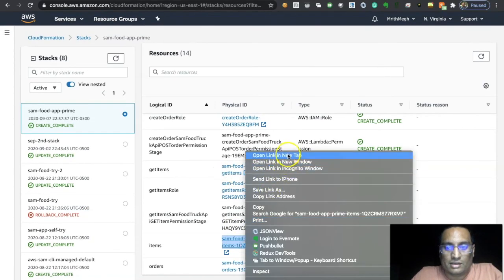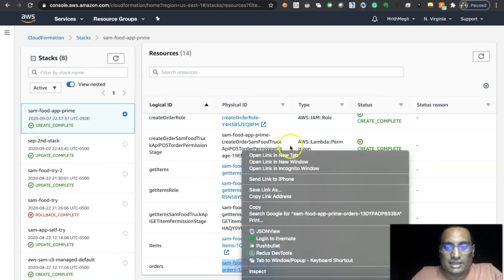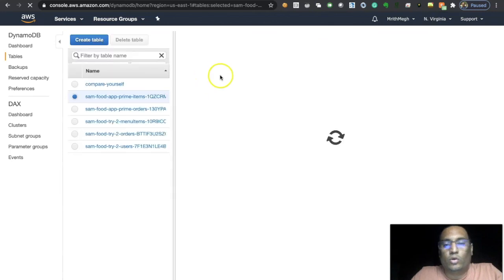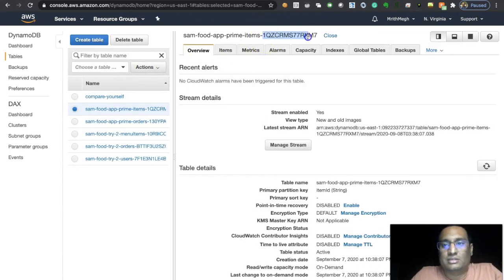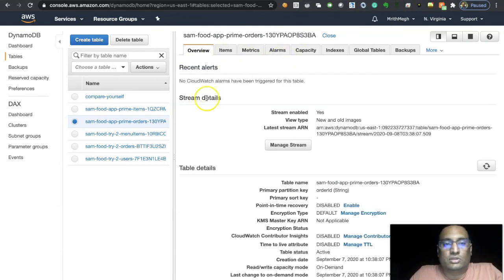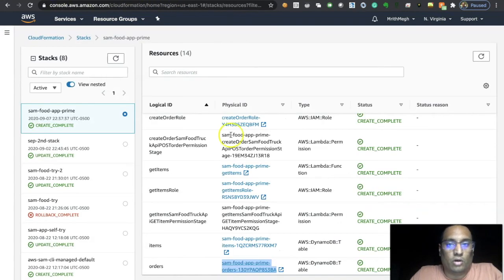So we can also see the other resources like DynamoDB tables. If you go back here, we also have these two tables that got created, the DynamoDB tables. Do not worry about the name, this is the default name that has been given. This table is called the items table, and this is called the orders table. We just need to take this name and use it in our code so that the insertion happens correctly. We can also retrieve that using the outputs.